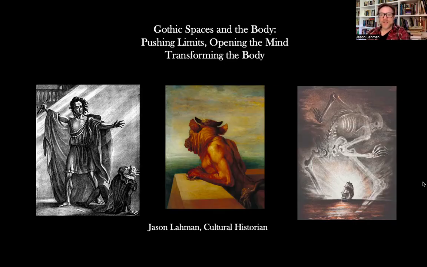Well, the first is, of course, Victor Frankenstein and his creation, Frankenstein's monster, probably one of the most famous examples of a Gothic body in Gothic literature. The second image is a really moving painting from the 1880s by George Watts of the Minotaur looking out over the ocean. And then the final image that I have for you is this really wonderful image from the early 20th century of an illustration for Edgar Allan Poe's novella, The Narrative of Arthur Gordon Pym, translated by Baudelaire,